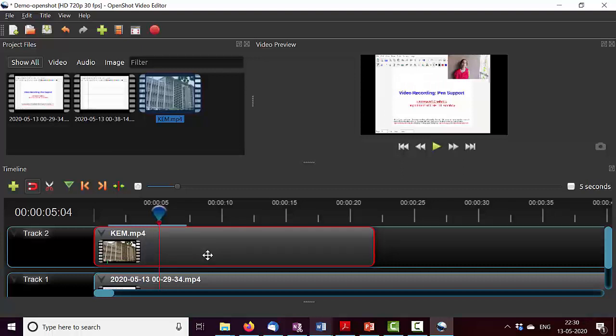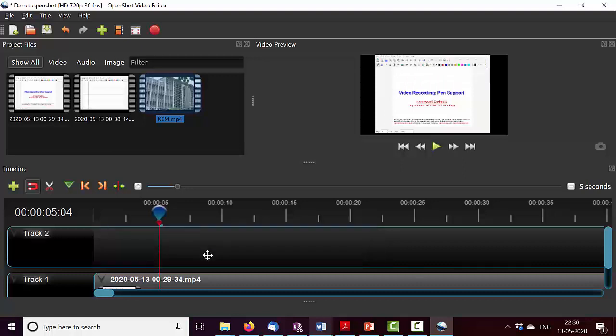So let me now remove this track 2 because as we edit, it is going to interfere. Often you don't really overlay videos like this. I just showed it as a demo of how one can put a mobile recording as part of your videos. So I'm going to delete this and go back to timeline 0. This is more or less the preparation for you to get started with other editing.